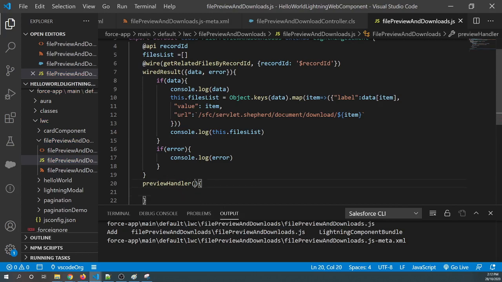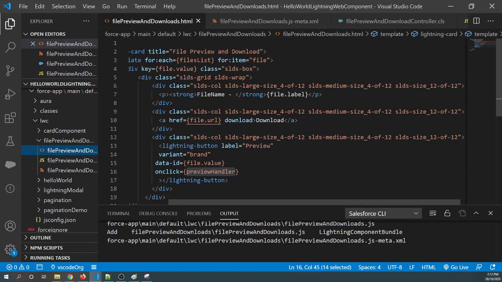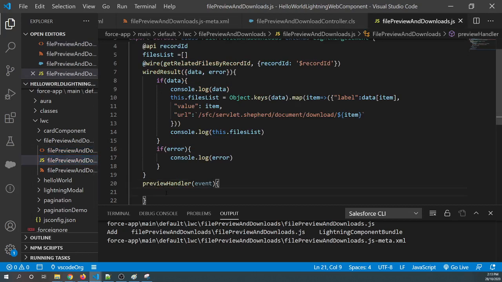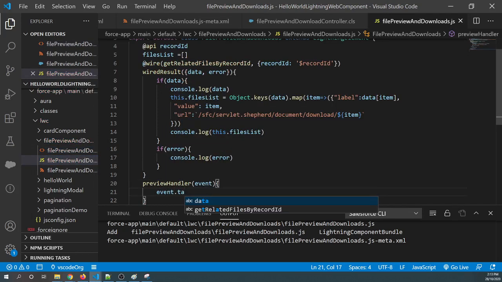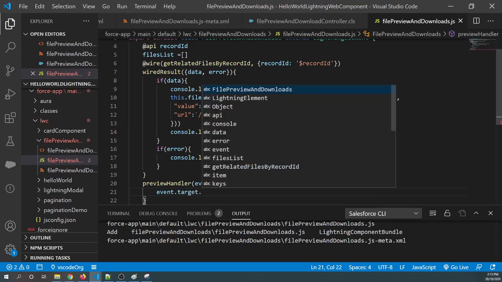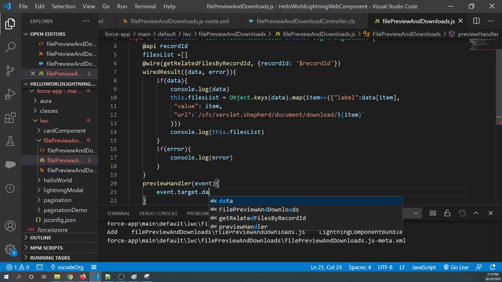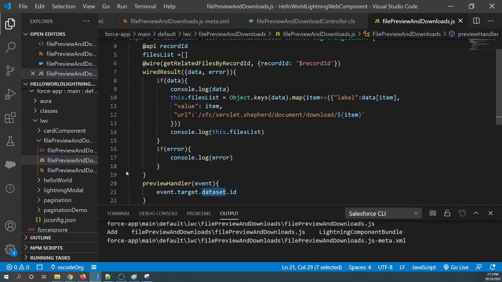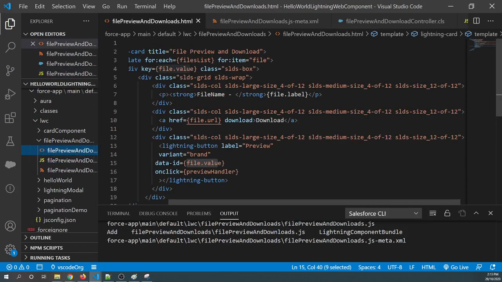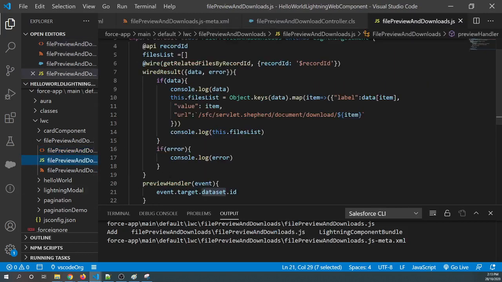This method will receive an event, and we are expecting to fetch the ID, that is data-id, and the way to fetch that is event.target.dataset.id. So dataset is the way by which you can fetch any attribute that starts with data-, and after that just keep the name.